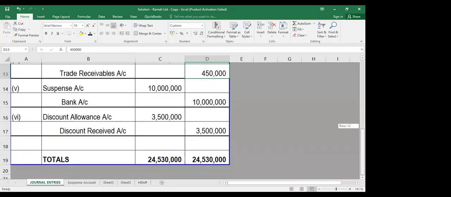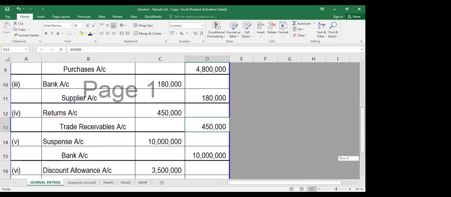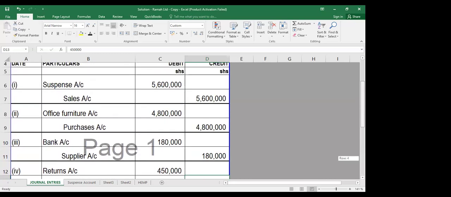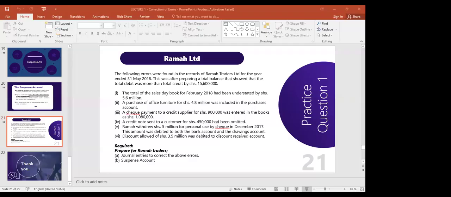So let's look at our totals. You realize that through the correction of the errors, we have balanced off our credit side and our debit side. However, we have to prepare a suspense account. We have to prepare a suspense account. And before we prepare a suspense account, let me take you back to the question, something that I pointed out as we're starting off,